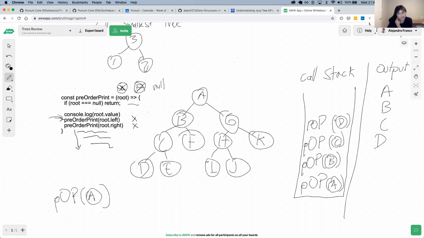Then once the call for D finally finished, it gets popped off the stack. So it gets removed from the stack, and we go back to C. This is what I meant, that it goes back to the context of C, because the function call for C has not finished.